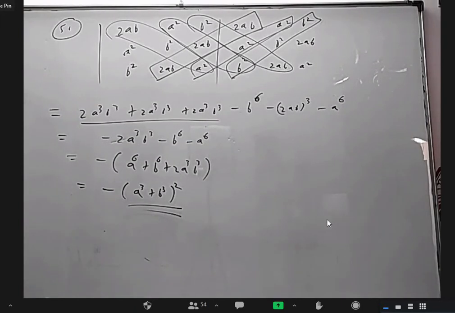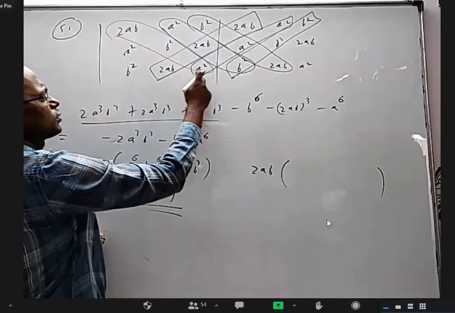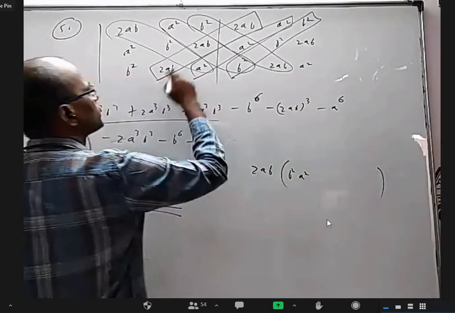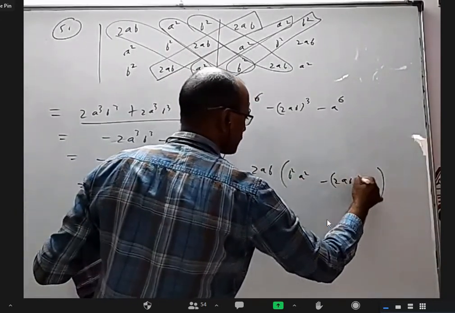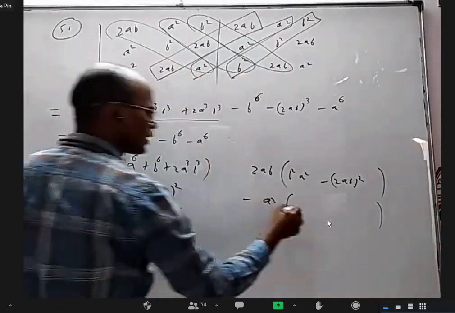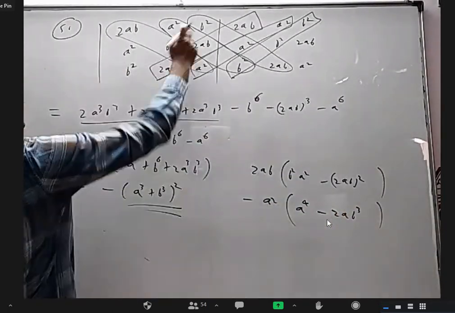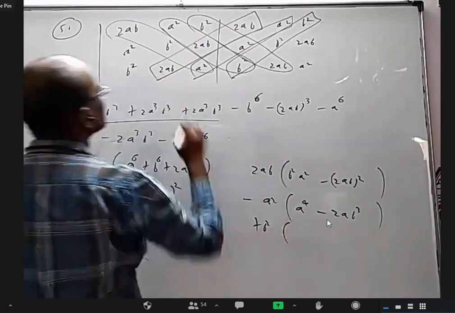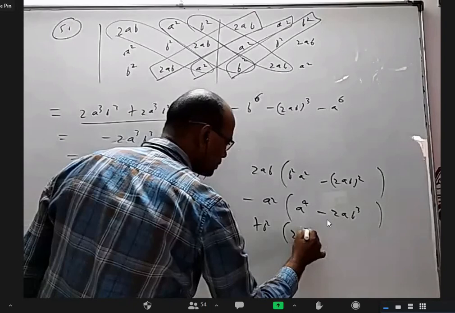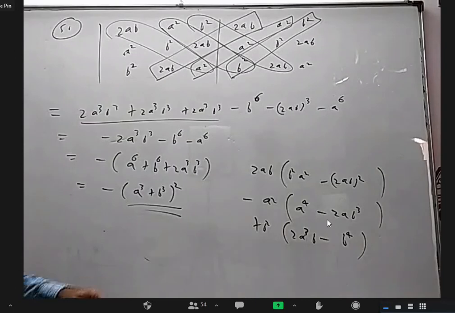Sir, in respect of the first term, can you show the expansion, sir? Okay, I can show, because I'm getting the doubt. 2ab into this is b square a square. This into this is minus 2ab whole square with a square. This into this is a power 4 and this into this is 2ab cube. And plus b square into this into this is 2a cube b. And this into this is b power 4. Now if you operate further, this into this is 2a cube b cube.